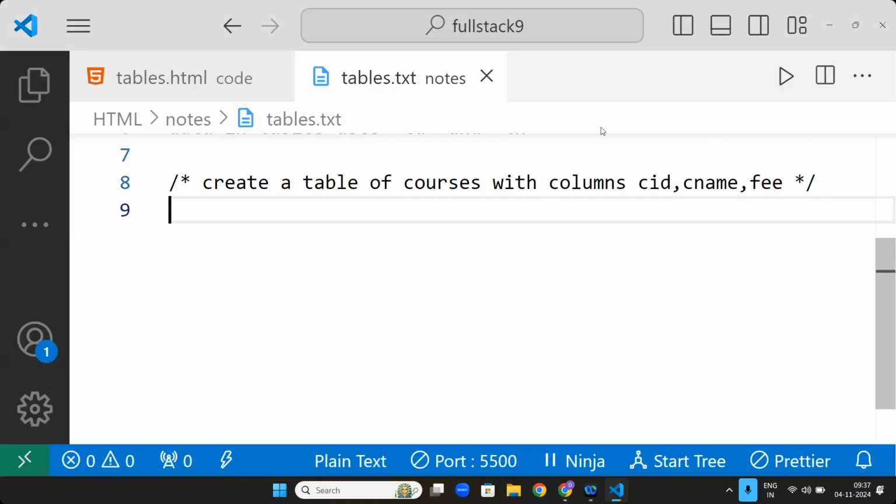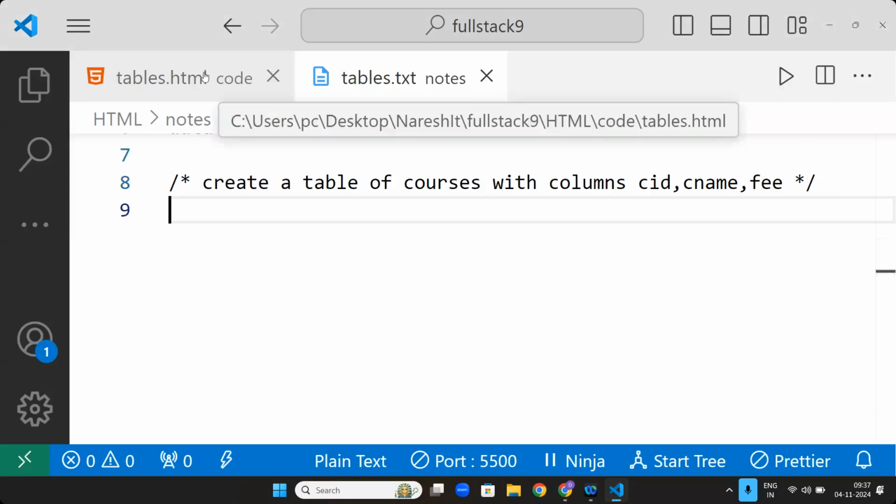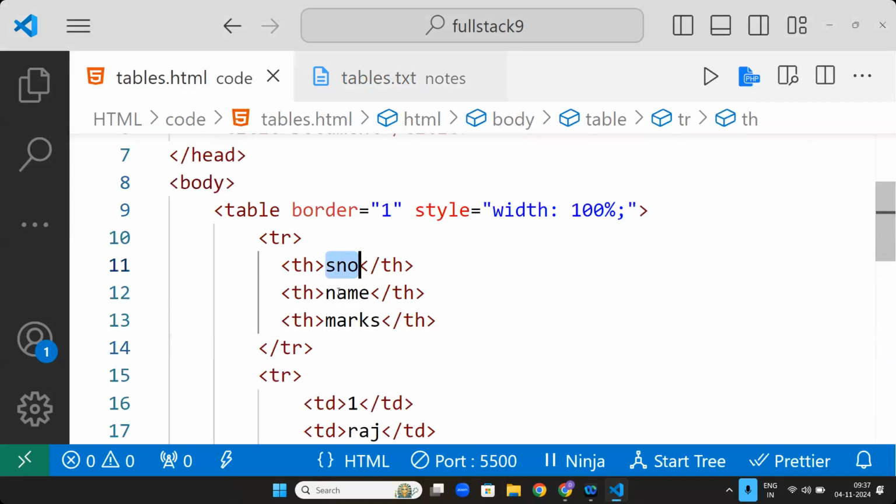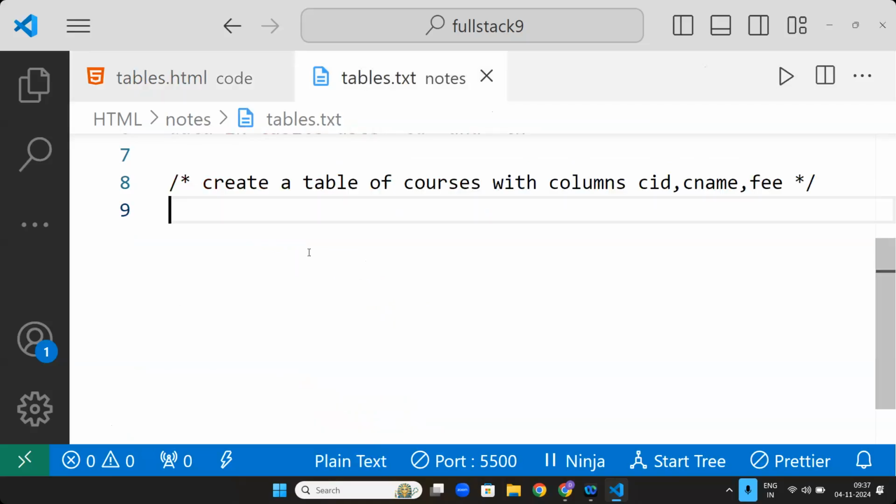Which is very easy. All you have to do is, instead of student name here, we will have course ID, course name, and the particular fees. And you will just change the data only. Remaining all is 100% same. You will use table,